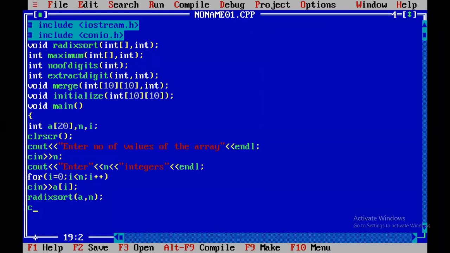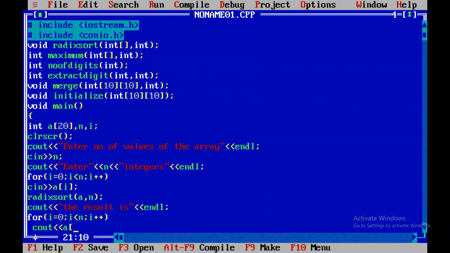Then print the output. Cout a of i and endl.